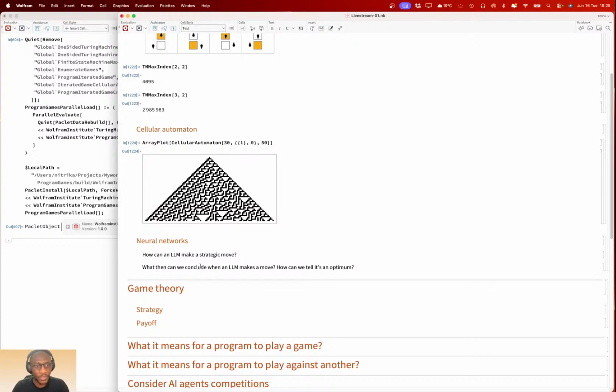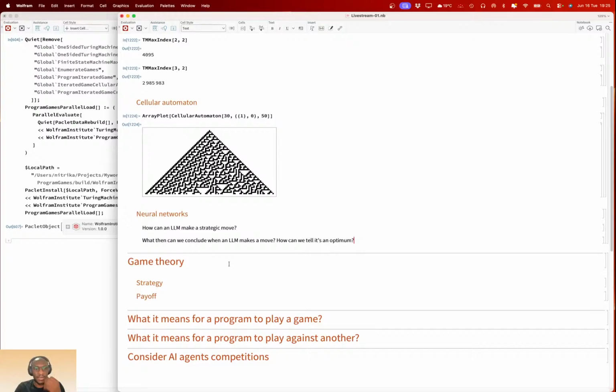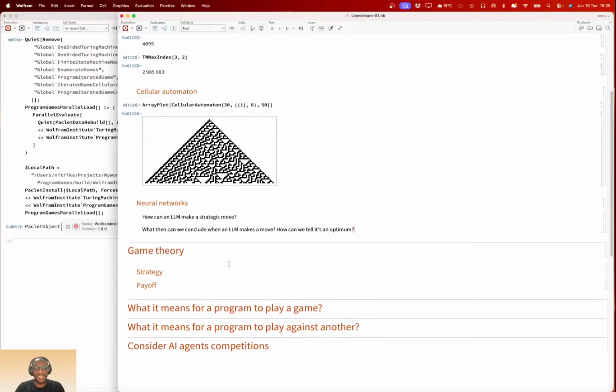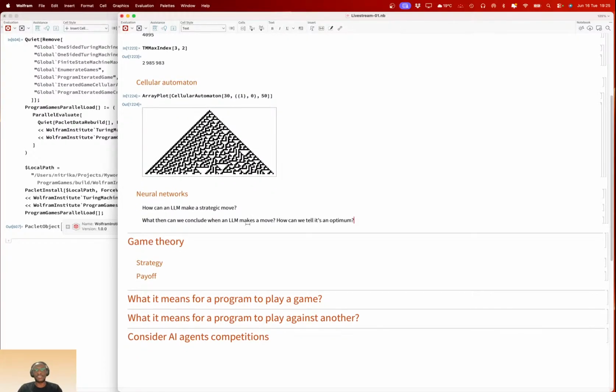That's one of the ways you can measure an LLM's or a neural net's optimum strategy. You could just ask how much energy it spent to produce this strategy. Current LLM models are usually expensive, in a sense.